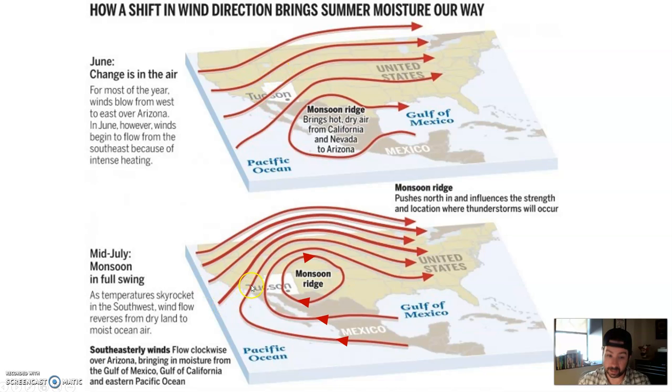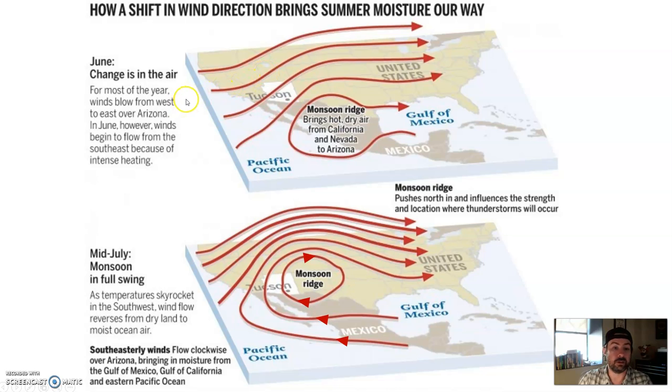But in July, due to some complex factors, weather's a very complex thing, we get this high pressure system that kind of pushes itself north. And as it does, it has this clockwise air circulation around it. So what's typically happening